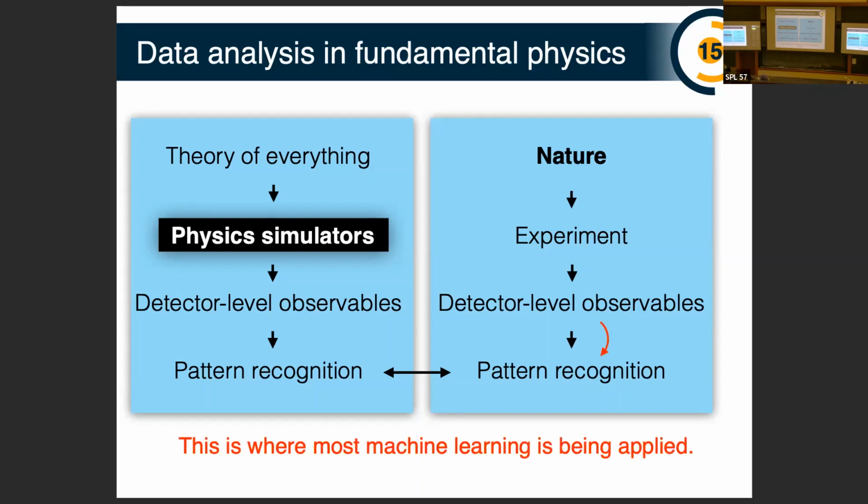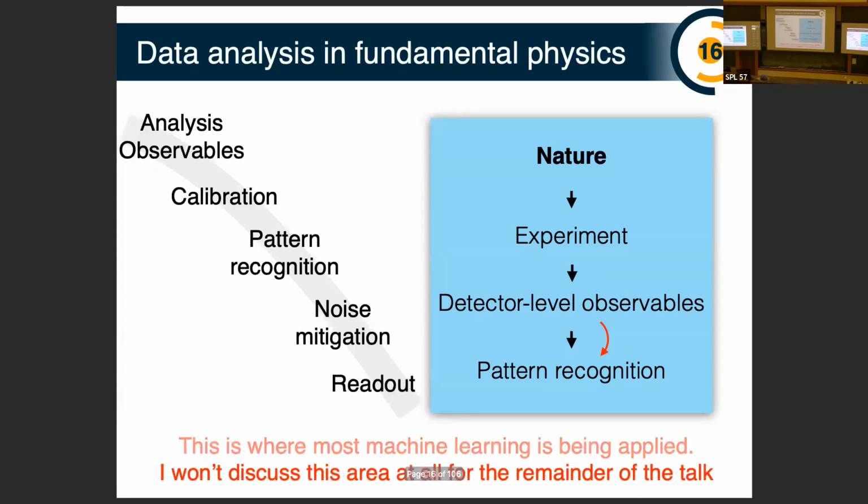Most machine learning, I would say, is happening at this stage. And probably when you think of machine learning in the context of physics, this is what you think about. Using machine learning as a classifier or regressor in order to improve some particular task, to do dimensionality reduction. And I'm basically not going to talk about this much for the rest of this talk,